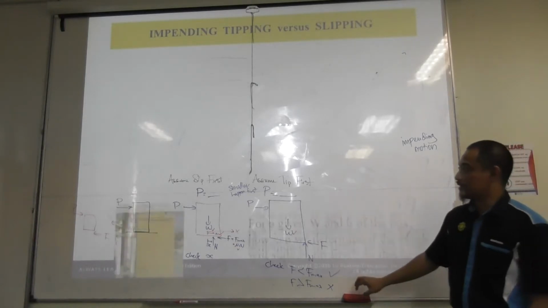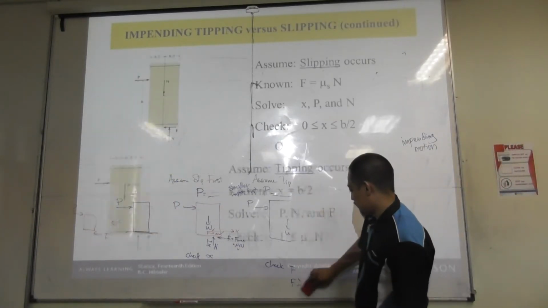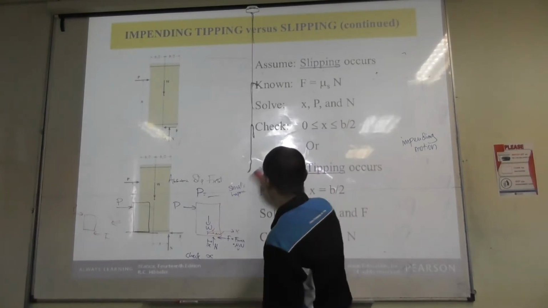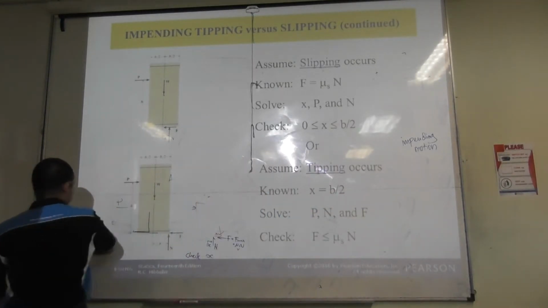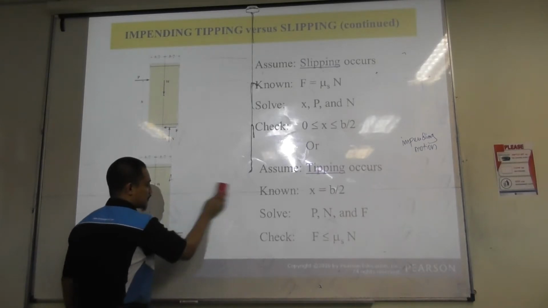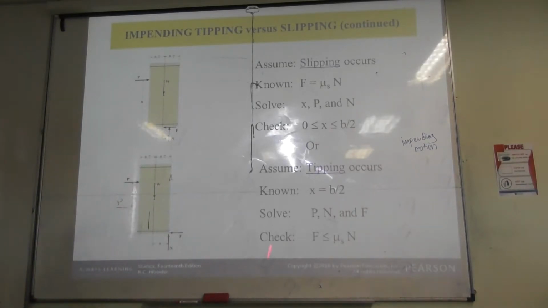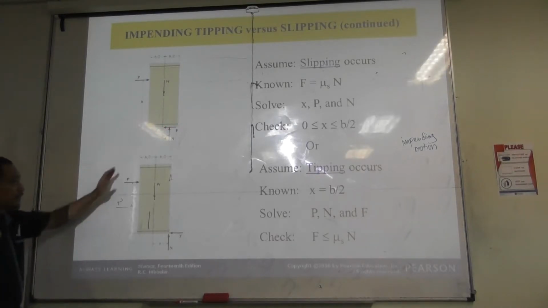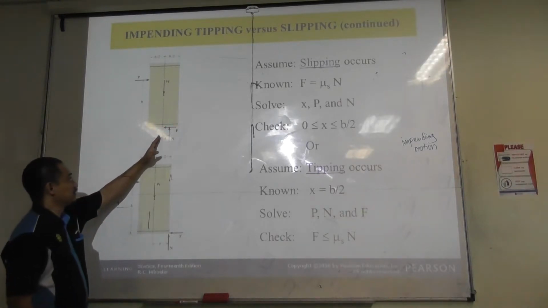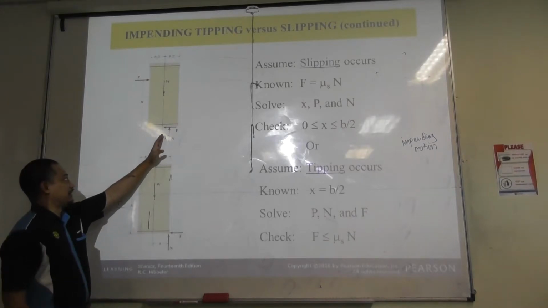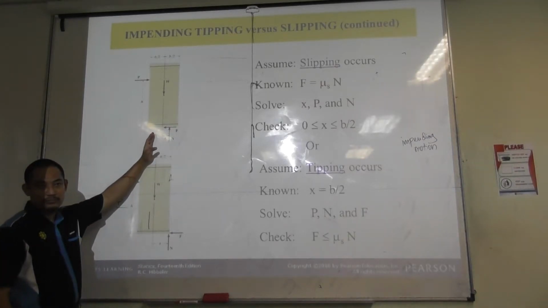So as a summary, what we have said here is summarized here also. We have two assumptions that you can make. If you differentiate first, here f should be f max, right? And then you check for x. Why this b over 2? Because this is b over 2, right? What I said earlier is just, okay, it should be within this one. For example, if suddenly you get x negative, for example,